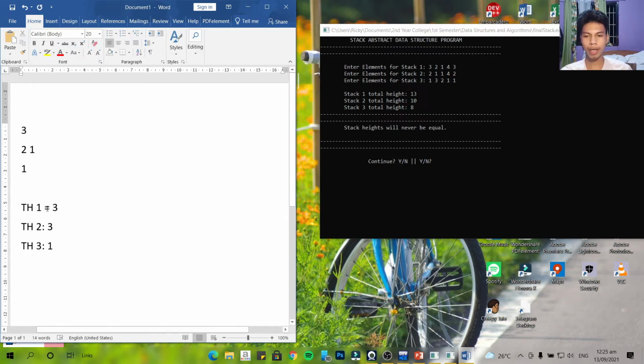So since stack 1 and stack 2 is greater than stack 3, we will pop stack 1 and stack 2. So we will pop 3 here, and we will pop 1 here for stack 2. So updating all the elements, we now know that total heights of 1 will be equal to 0. It means it's empty. So the program will stop running, and then will display that stack heights will never be